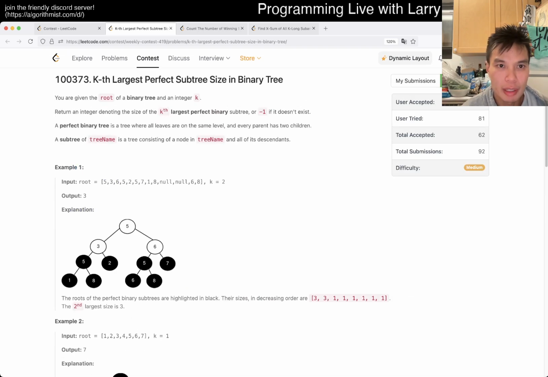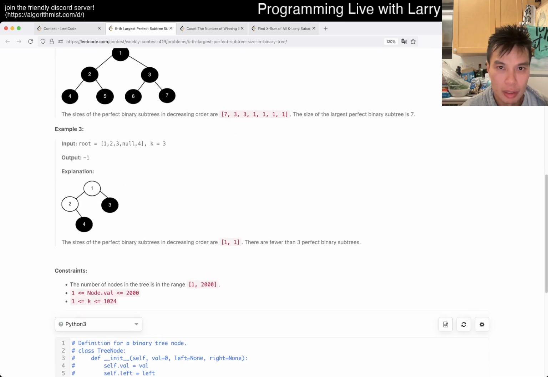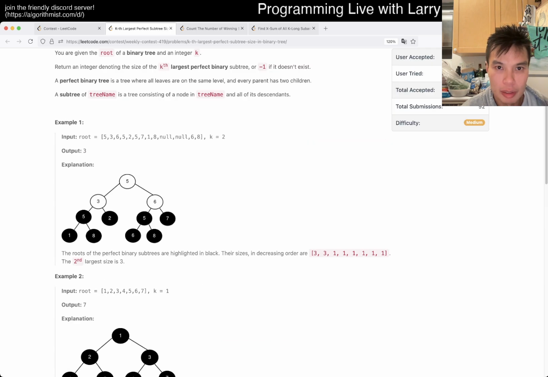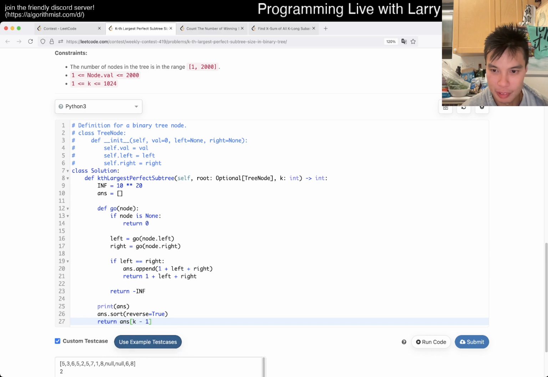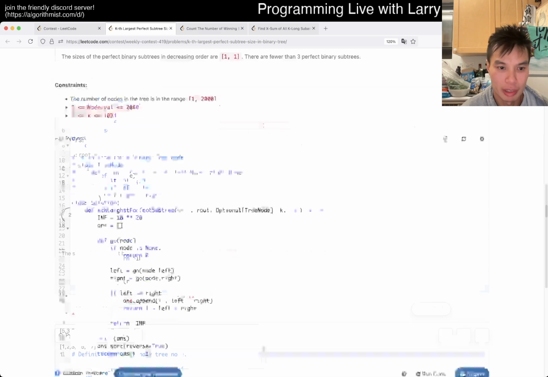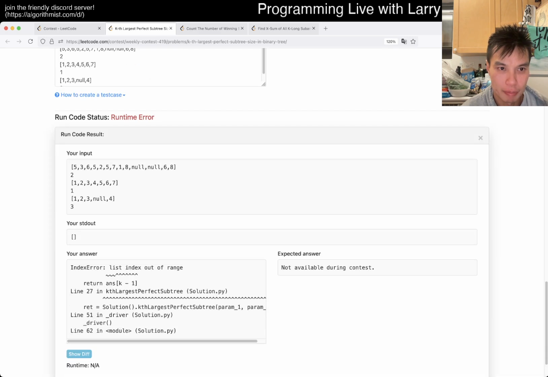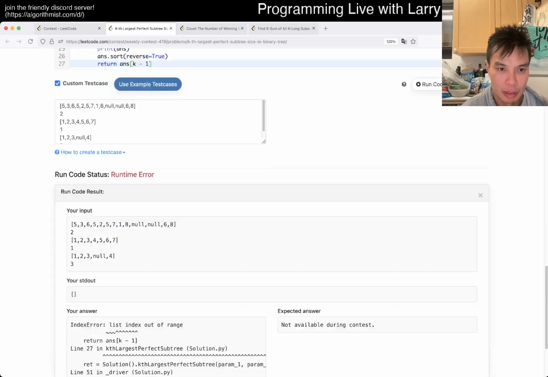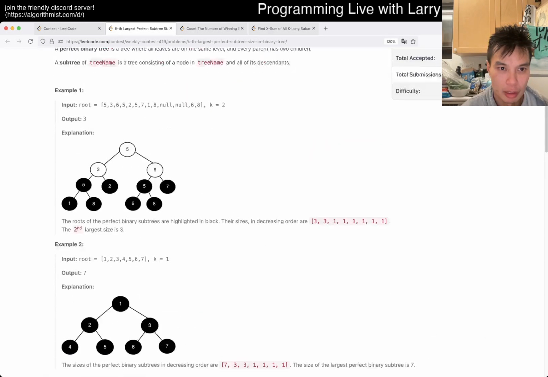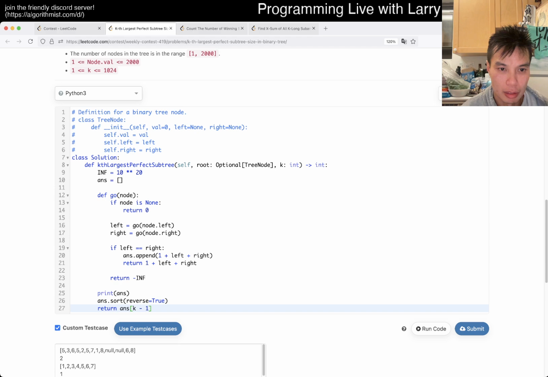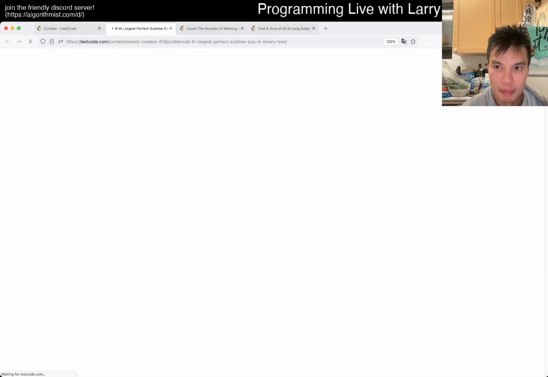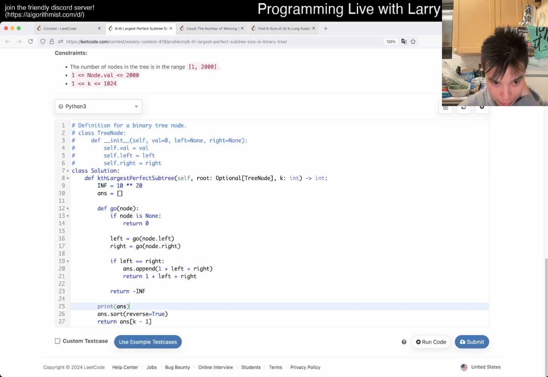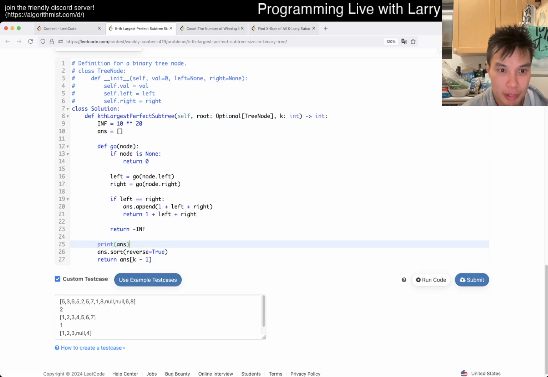K is 1 indexed, or this K is 2, second is 3, so they should just be clear about it. I don't know why they don't mention whether K is 1 indexed or not. Okay, so this is empty, that's not great. Why am I so bad? How did 200 people get this? People are fast today. I'm just slow today. 7 minutes is actually pretty slow, but